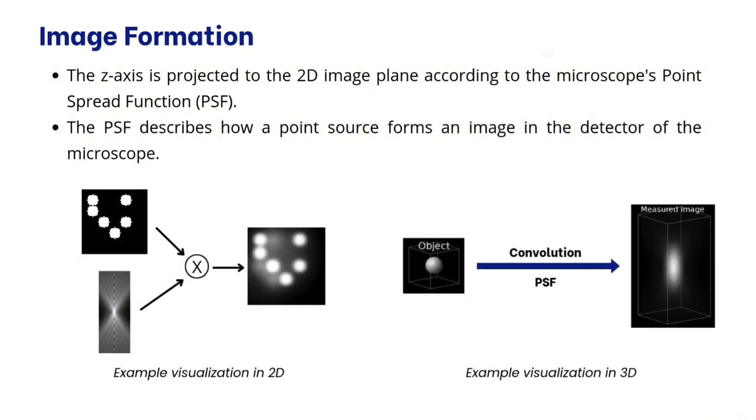The point spread function is an important component in the image formation in microscopes. It describes how an imaging system captures light from a tiny point source without focusing it to a perfect point, but instead creating a blurred pattern. Therefore, light coming from points that are not in the focal plane will also be recorded in the image as blurred points. So the PSF allows the depth information from other planes also to be included in the image taken